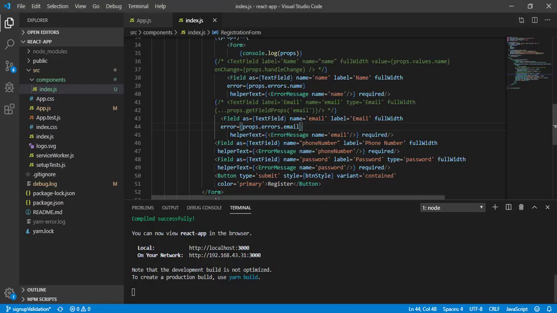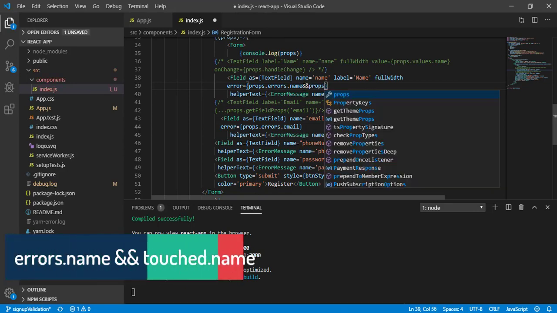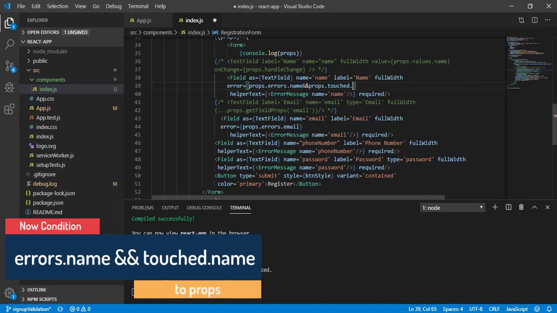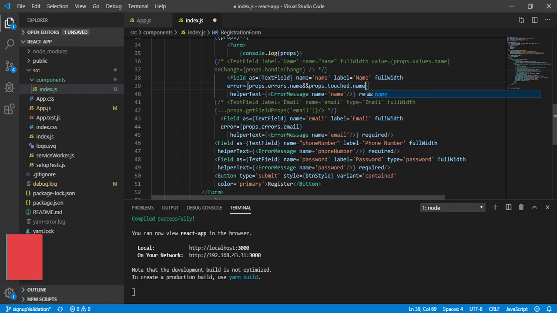Here I will write props.touched.name. If both conditions are true, then only show this input box as red. Here I will do this for email.